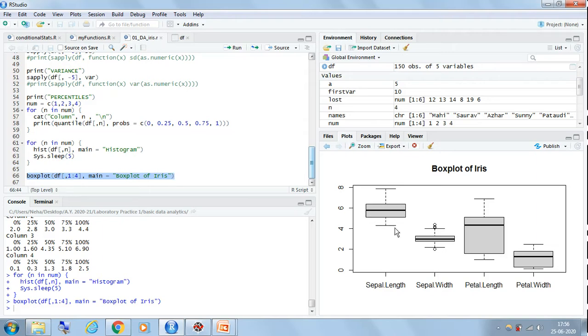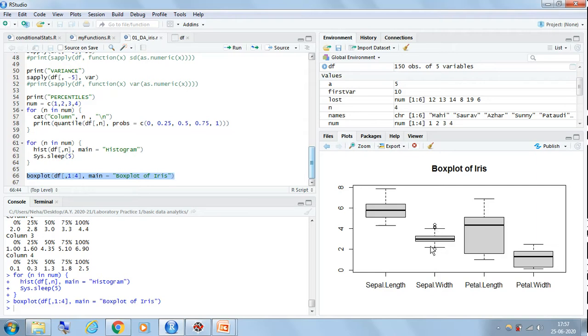Okay, now in this, while we create a box plot, there was one more thing that we have to do in the assignment is we have to identify the outliers. Okay, so outliers are nothing but the values that are different from the other values, which show a lot of variation if you compare it with the other values for that particular column. So how do you see outliers in a box plot? Yes, wherever you see this kind of bubbles, you can see here for sepal width, you can see here bubbles. Yes, okay. So these are nothing but outliers, variations in your data.